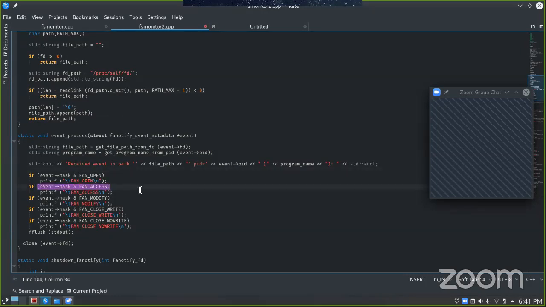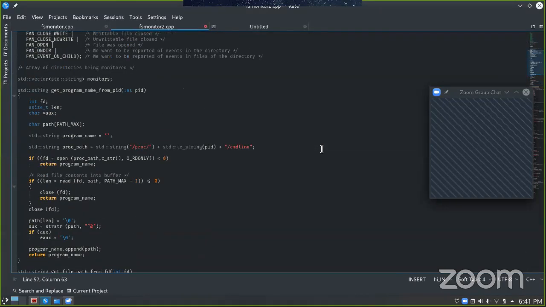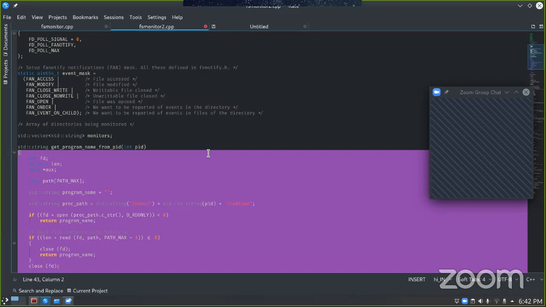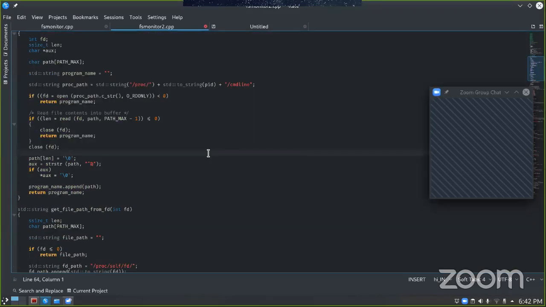Any questions so far? Sir, is it available for permission related things as well? That I have to check once, but if I remember correctly, there is one event in fanotify to monitor metadata as well. And if we monitor metadata, then using that we can probably figure out somehow if permissions are getting changed. I will have to check whether that particular event is available or not, but as far as I remember, there is one such event to monitor metadata. Okay,